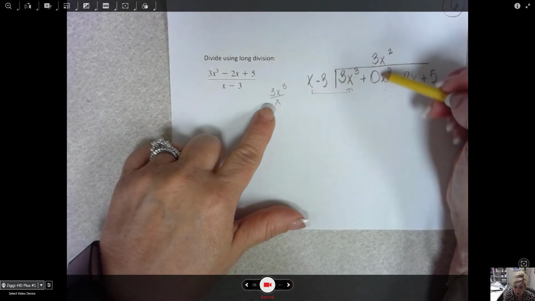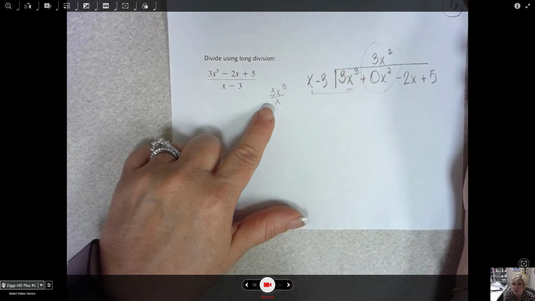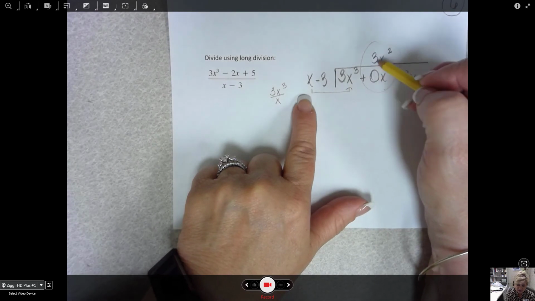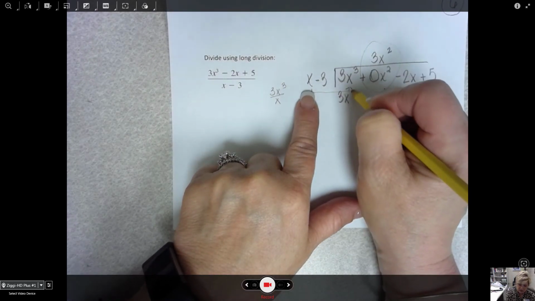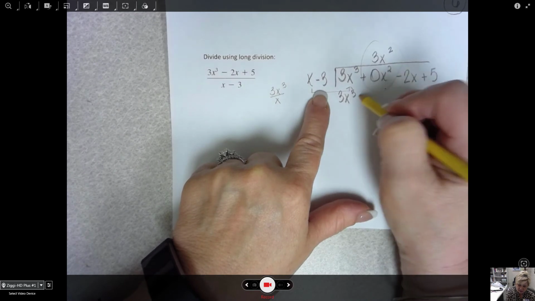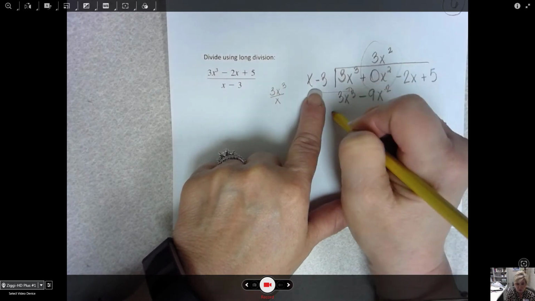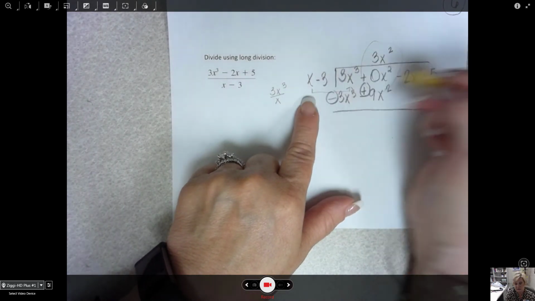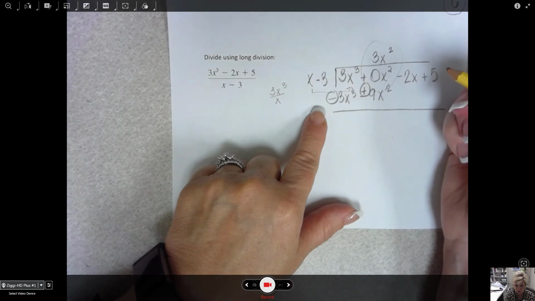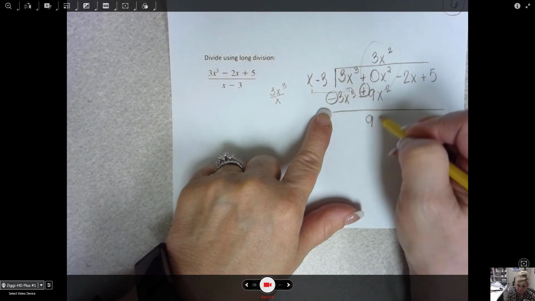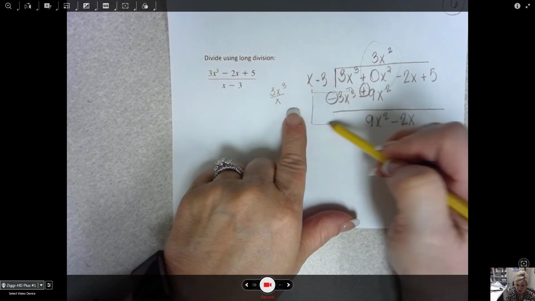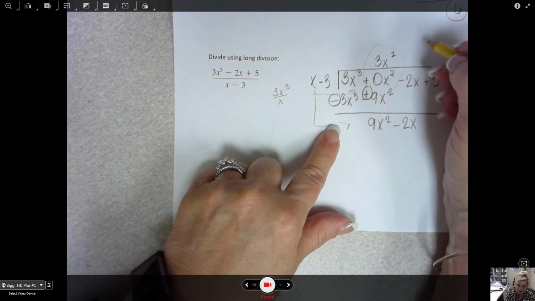Okay, you've just seen why we need a placeholder in this particular problem. So if you always put a placeholder, then you always have one whether you need it or not. Multiplication step, 3x squared times x and 3x squared times negative 3. We need that placeholder again, right? Change your signs. That's the same as distributing a negative 1 through the whole thing. Bring down and start over. X into 9x squared would be a positive